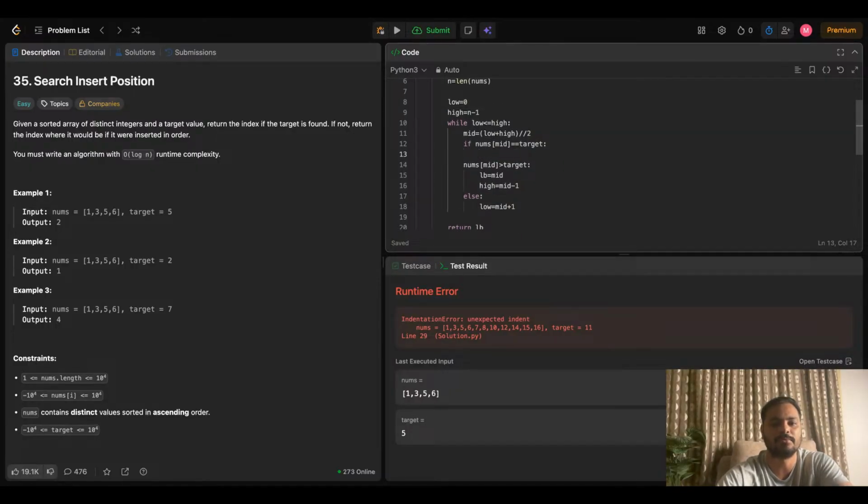Then also LB is equal to mid. So here what actually we have to find out is lower bound. Okay,